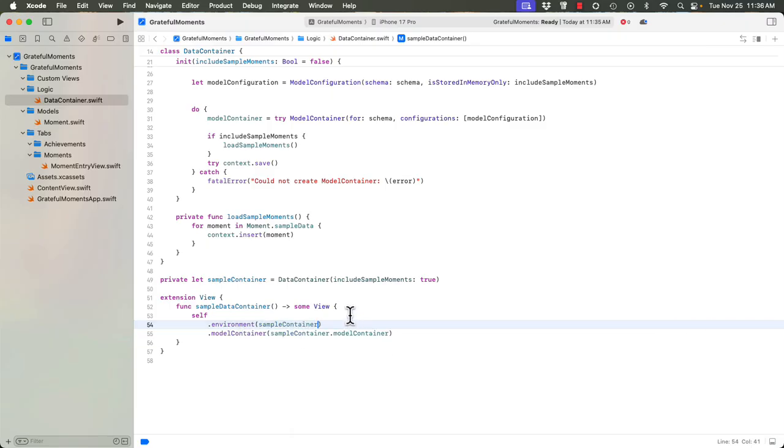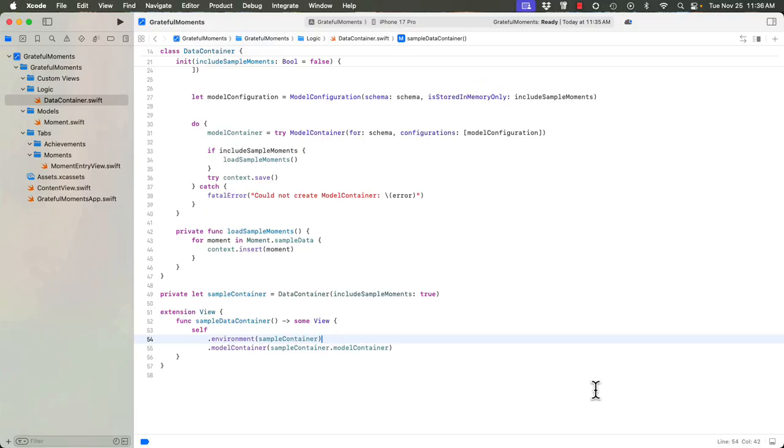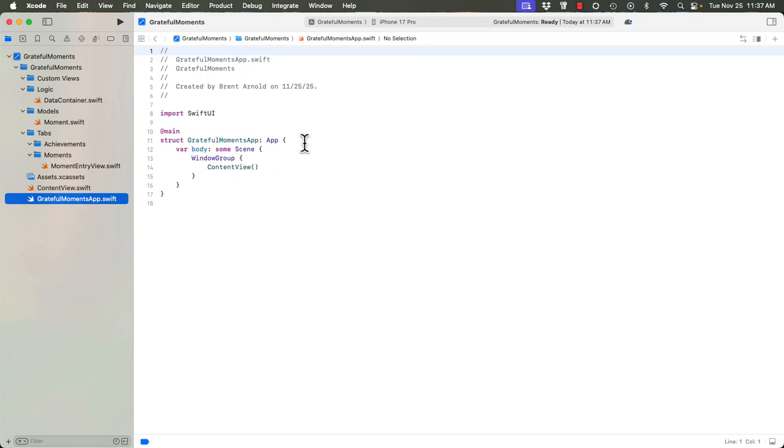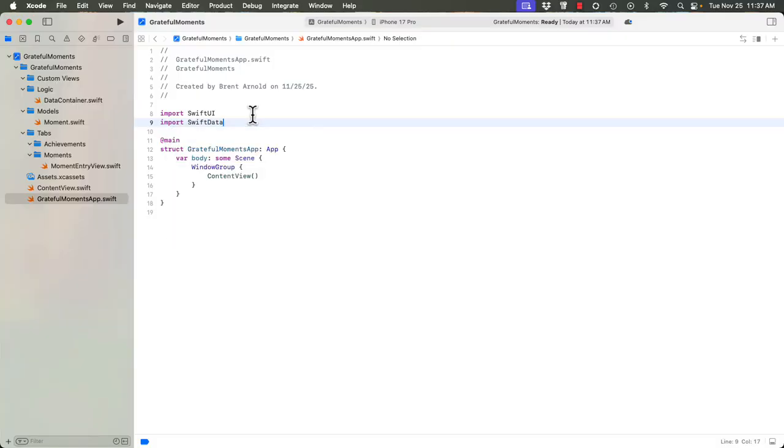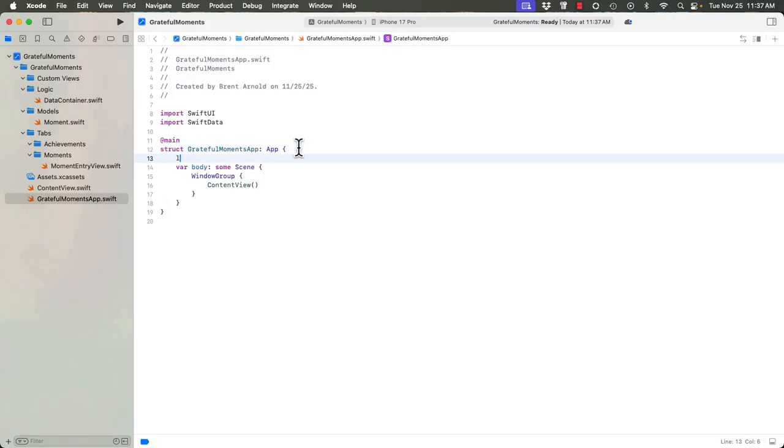So now this is available throughout the SwiftUI classes because we've set it as an environment variable. Finally, we need to pass this in starting at the Grateful Moments app.swift. So at this level, we say import SwiftData. And remember, this is the entry point for the application, so that we're saying, okay, now we have a data container. So we're going to say let data container